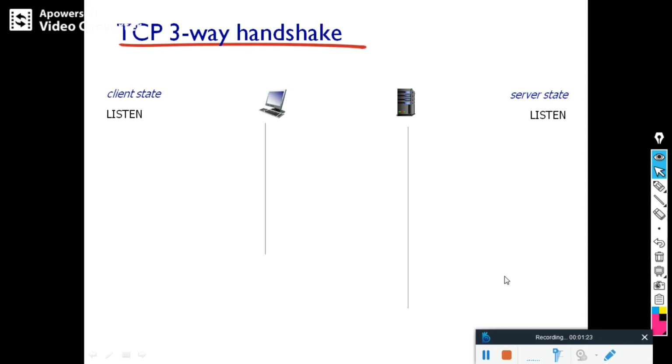This special TCP segment contains no application data, that means it contains no upper layer data, but one of the flag bits in the header, that is the SYN bit, is set to 1. For this reason, this is called a SYN segment. In addition, the client will randomly select one sequence number and put this number in the sequence field of the header, and finally enclose this in an IP datagram and send it to the server. That is the first step.